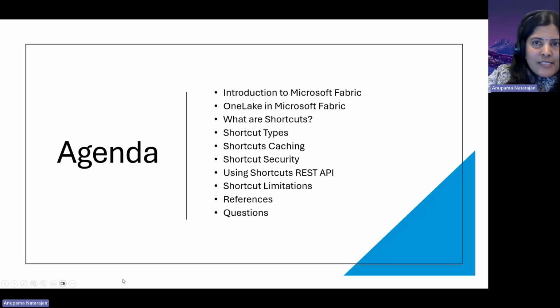Part of today's session, as I said, we are going to discuss shortcuts with Microsoft Fabric. Before we jump on to shortcuts, given this is the first session, I want to quickly introduce Microsoft Fabric, what it is all about, why there is a huge buzz around it, what OneLake is within Microsoft Fabric, and then we will get into learning about what shortcuts are, the different types of shortcuts that you